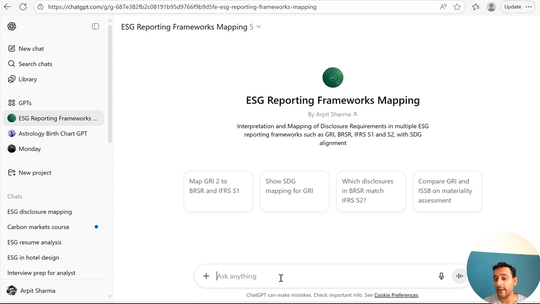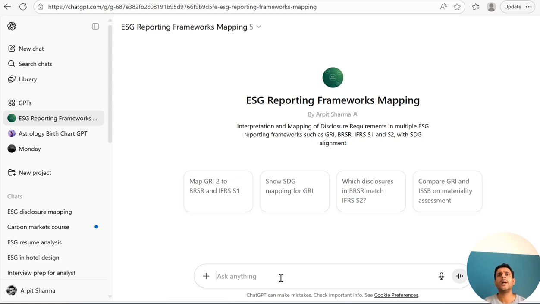So the mapping is very important, because the company is already reporting on a lot of disclosure requirements which are similar to the BRSR requirements or the IFRS requirements, or requirements under any other reporting framework. So it's a very handy tool which all of you can use to get not just the mapping but the insights as well.